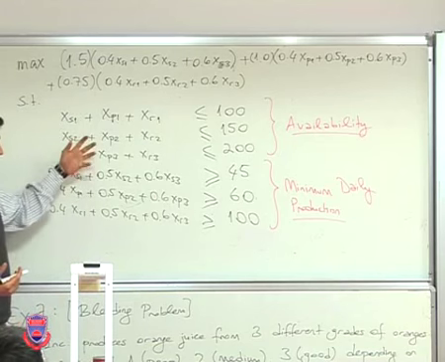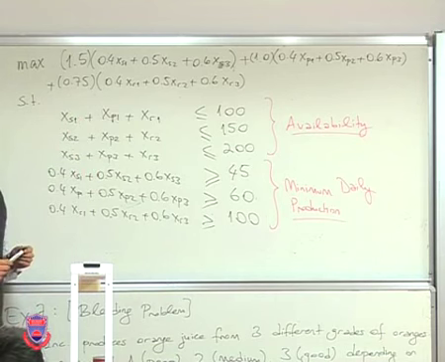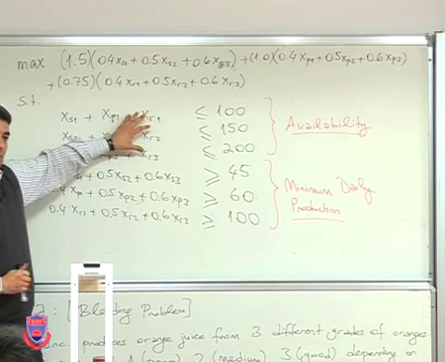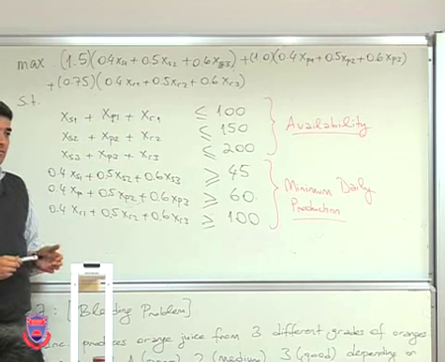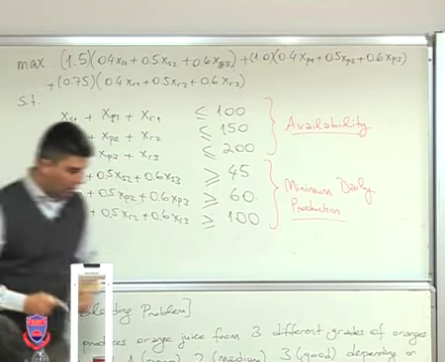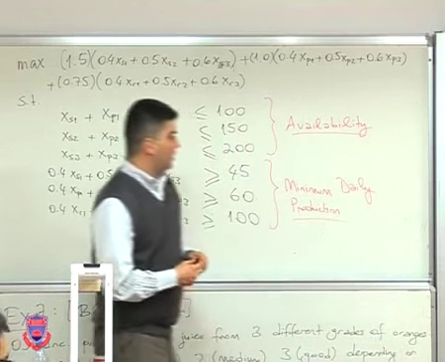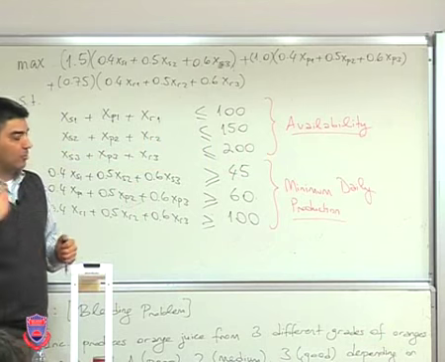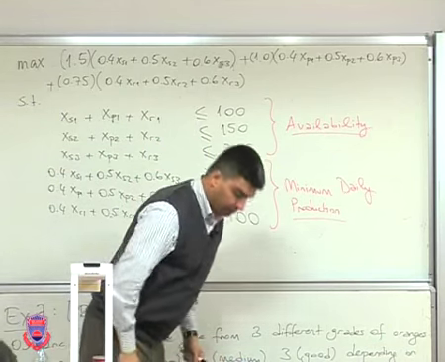So based on these restrictions, I'm trying to maximize my production. If I didn't have these constraints, for instance, then that would be a problem. Other questions? All right. This is again another example of an LP problem, or another example of a problem that can be cast as an LP problem. So now I'm going to give you